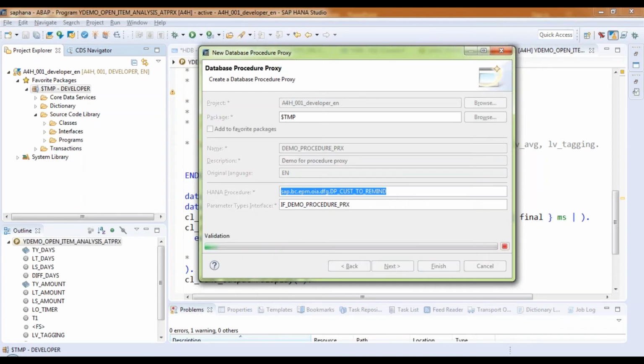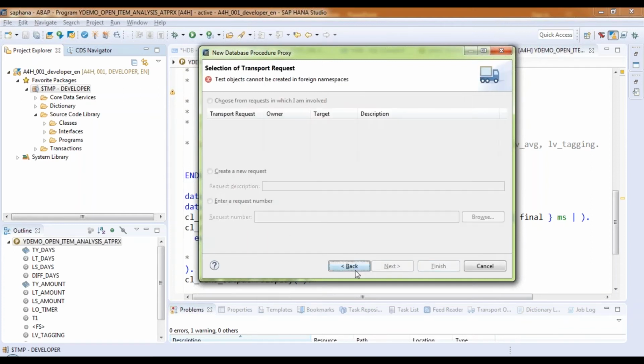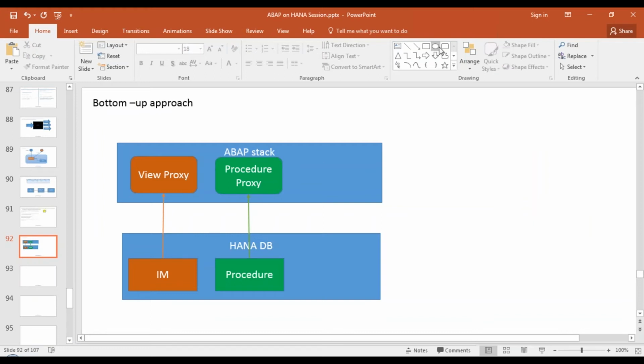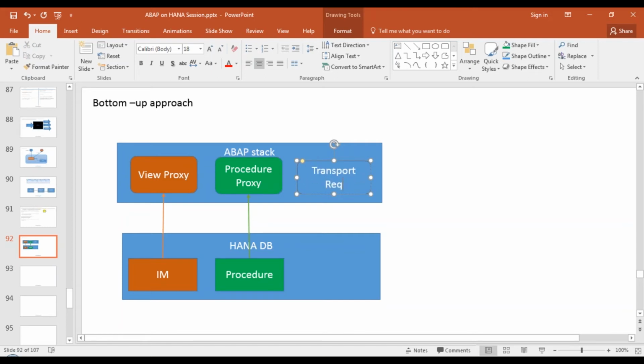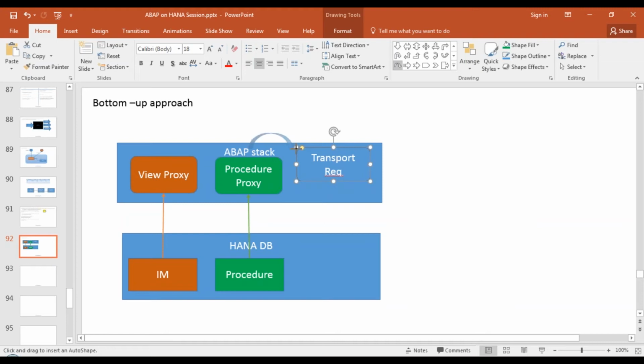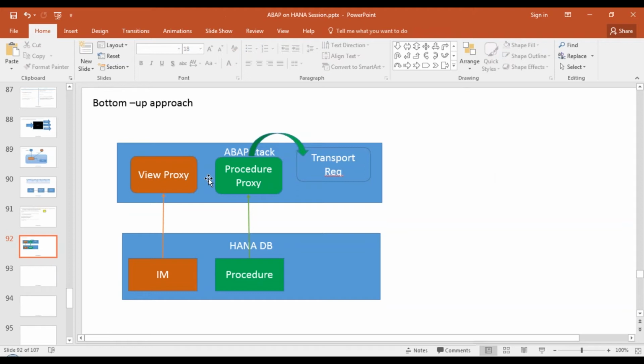I'm going to click next. You can also attach this to a transport request, guys. If you give a productive package here, you can attach this procedure proxy to a transport request. You can create a transport request and attach the procedure proxy you're creating to it. The same applies to the view proxy.